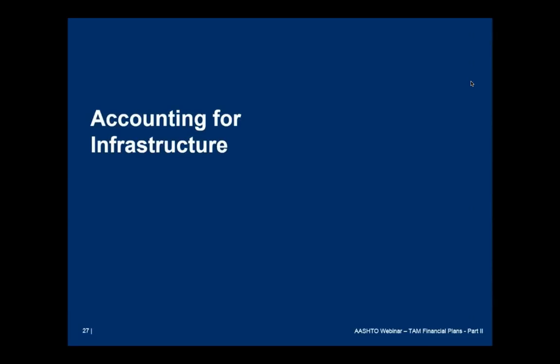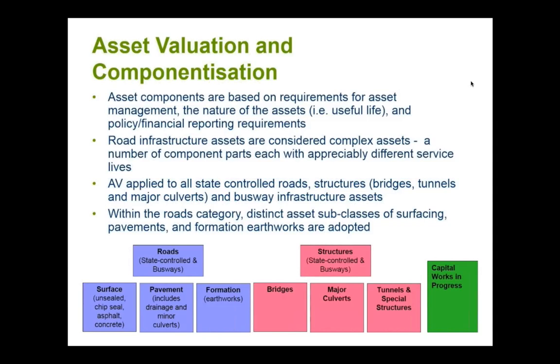So, accounting for infrastructure. As I said, I believe a robust valuation process is the key to tying together our asset management planning for maintenance and renewals with the long-term financial outlook. So firstly, I'll get into some of the detail here around how we componentise our assets. Our major components are our roads and structures. Within the roads, we break them down to our surface components, so both the chip seal and asphalt surfaces, drainage and minor culverts are included in our pavement components, and our formation is